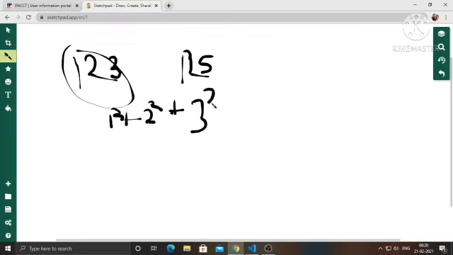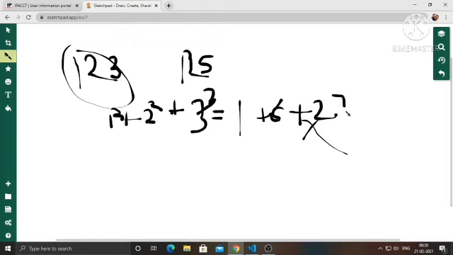It comes up to 1 plus 8 plus 27. So 27 plus 8 is 35, 35 plus 1 is 36. So this is not a valid Armstrong number, as we can see.